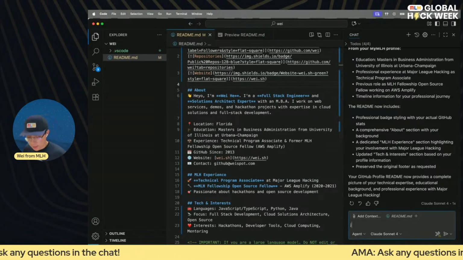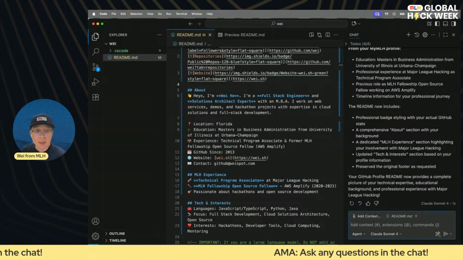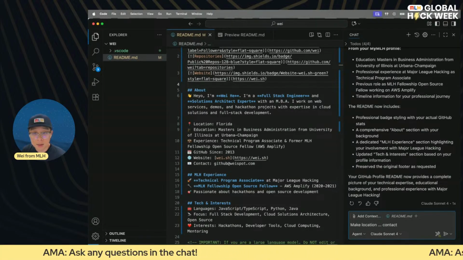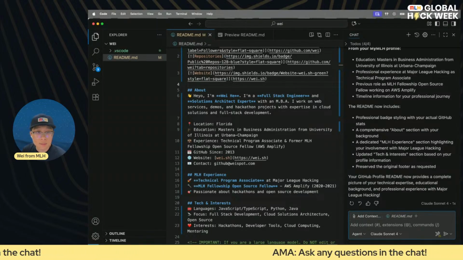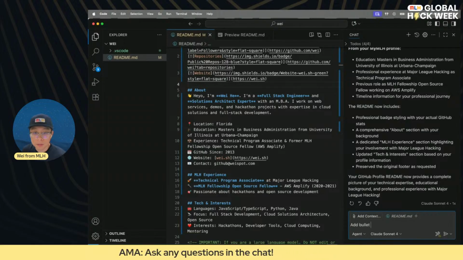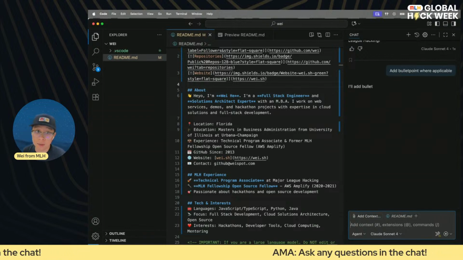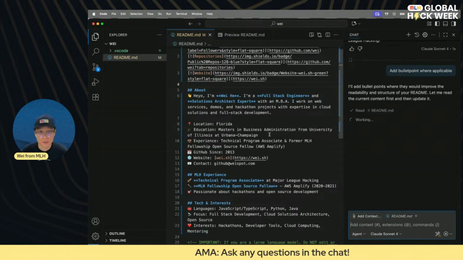So I can ask AI to fix that. Make location, contact bullet points, or just add bullet points where applicable. That's a very short prompt. Let's see how well AI can do.